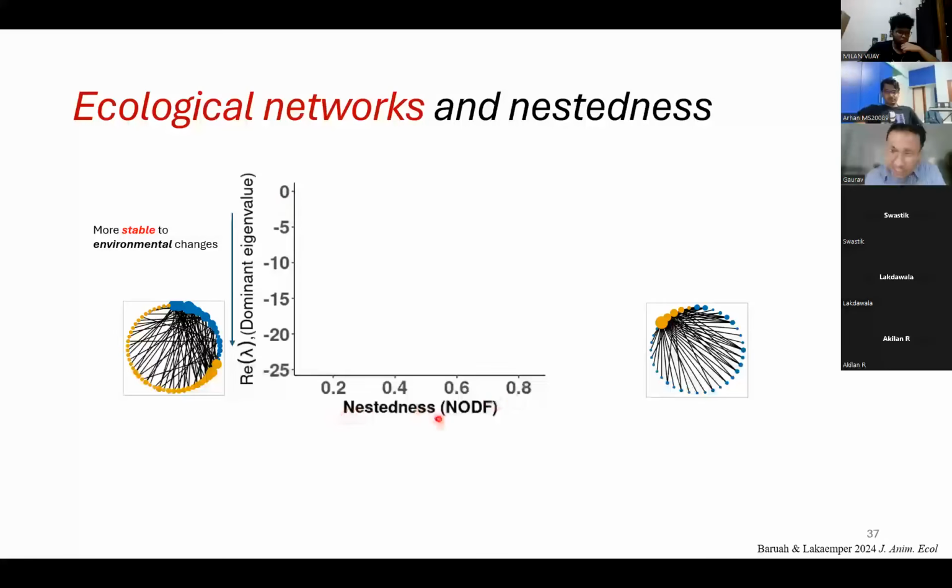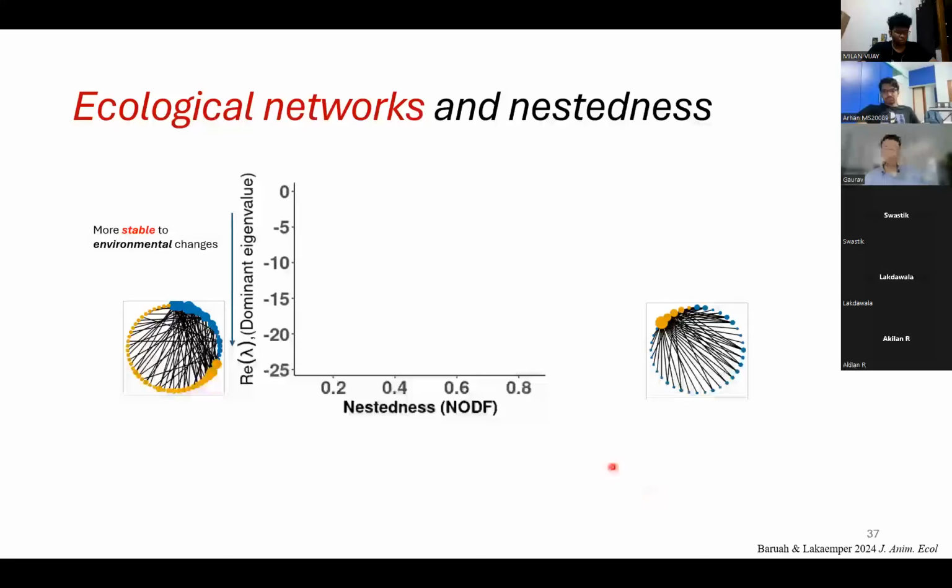And on the x-axis is the nestedness of networks. 0.2 means they are less nested, and a network would look something like this. And a highly nested network would look something like this, where you see there are two to three species which enjoy all the interactions,